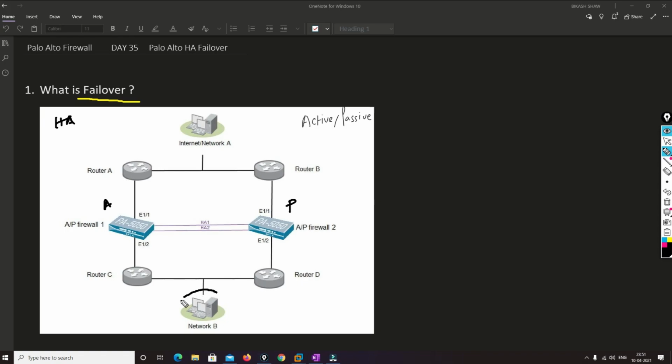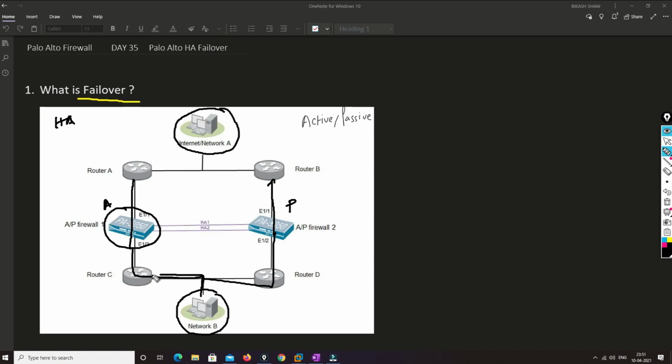Let's say network B wants to reach network A. It can follow this path or this path, whichever is the active path. If this firewall is active, the traffic will flow this way. If this firewall is active, in that case the traffic will flow this way.